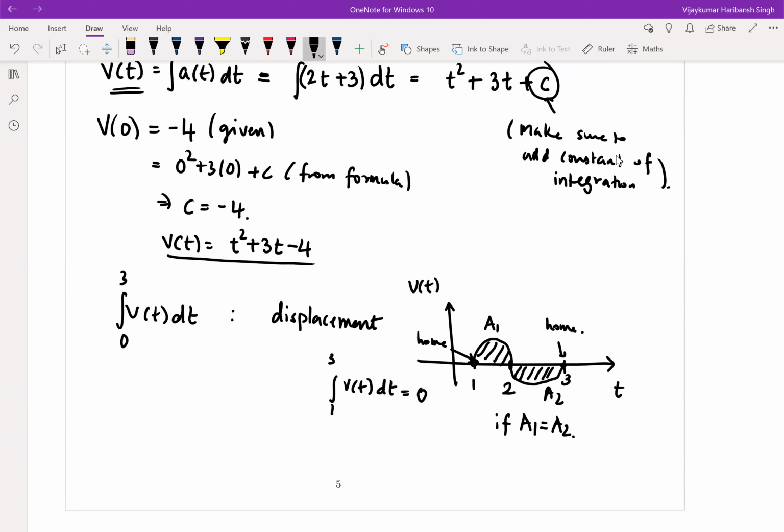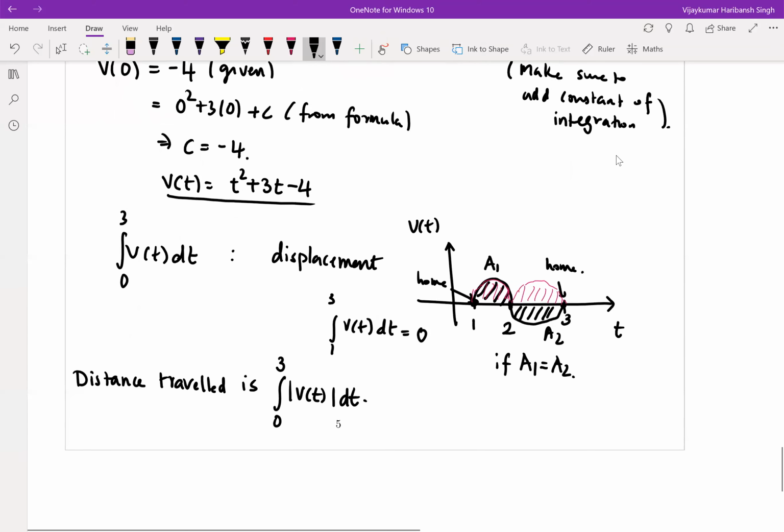Whereas the distance traveled is not 0, right? So the distance traveled is the area below this curve and again this curve. So basically, the distance traveled is the integral from 0 to 3 of the absolute value of v dt, right? So we get this is equal to,